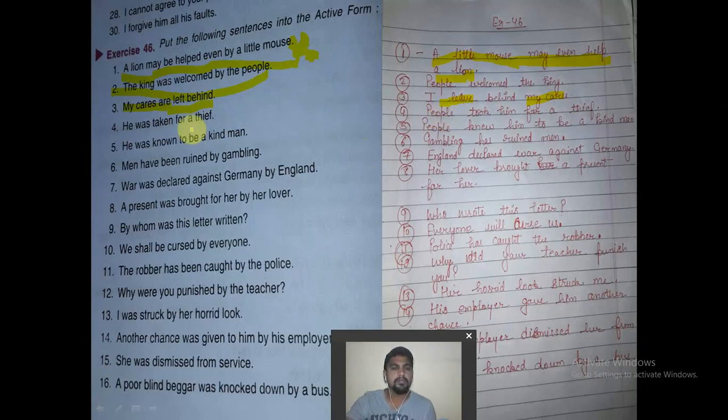People. So was taken is used, the tense is past indefinite. So take, took, taken, this way we are forming the verbs. So the second form of verb is took, we are going to use took. The people took, then he in this passive form as a subject would be changed into him, because it is placed in the object's place. People took him for a thief. For a thief would be a prepositional phrase, we are going to add it at the last. So that is it for the first question.